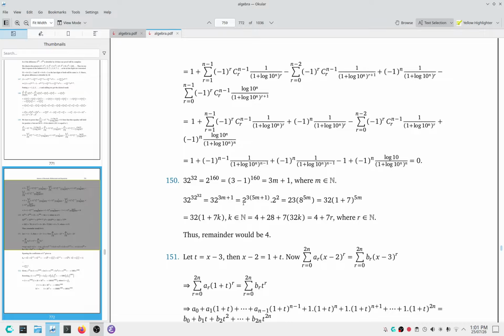there is something wrong here. Let me think. No, it's fine. So 2 to the power 3 times 5m plus 1, which is 2 squared times 8 to the power 5m, which is equal to 32 times 1 plus 7 to the power 5m, which is equal to 32 times 1 plus 7k. So this is equal to 4 plus 28 plus 7 into 32k, which is 4 plus 7r. Thus the remainder would be